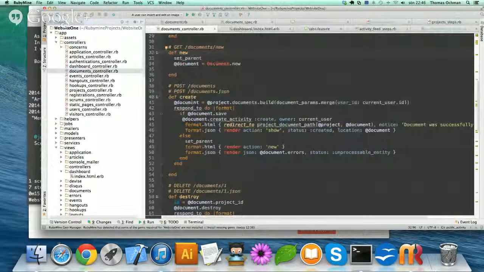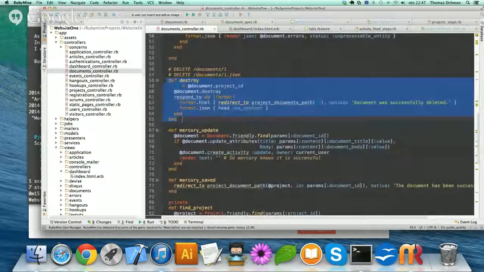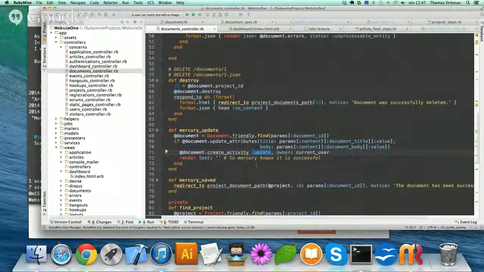and on every action that I want to create an activity for, I just create that here. For when the document is created on save, I just create this activity for that with the owner of current user. I didn't bother to do that on destroy because we don't do anything there. But on update, I did the same thing here, but I did an update call to the activity,